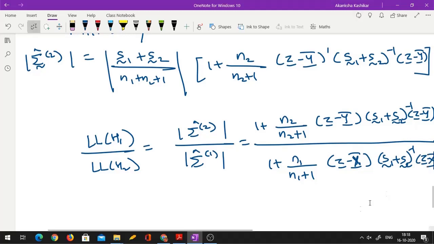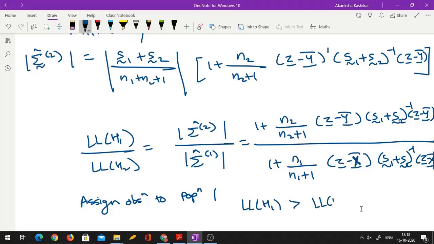Okay. Now we would assign the observation to population 1. Let us assume that both the misclassification probabilities are equally serious. So we would assign the observation to population 1 if the likelihood under H1 is greater than the likelihood under H2. Okay. So that translates to